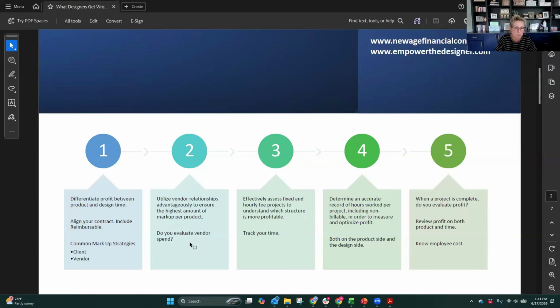So all firms work differently. I don't think it's black and white, but do you have the data and the metrics to understand if what you're charging for your time is actually profitable? A lot of times too, use those numbers, compare it to your salaries, compare it to your overhead expenses. A lot of those comparisons have a very, very similar calculation in terms of, are you 3 times salaries for your time billing?